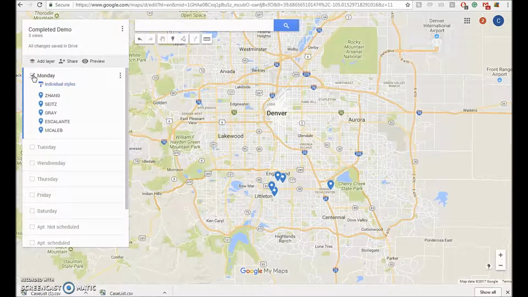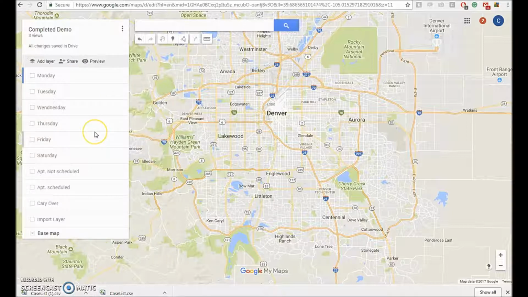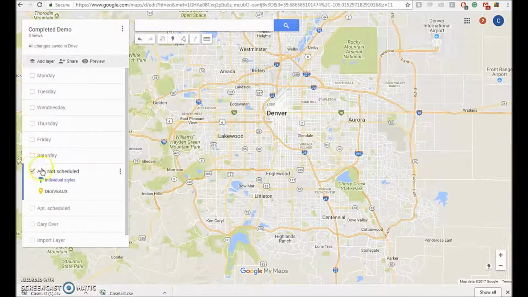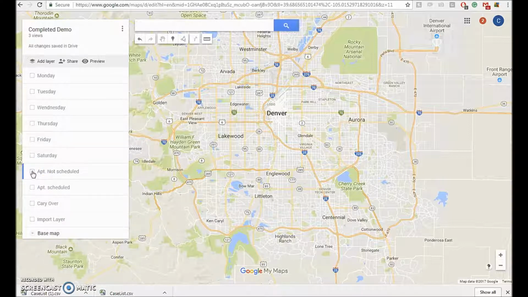You can see what's going on and use it to your advantage to plan your weeks and weeks ahead of those weeks. It really keeps you in front of the 8 ball when you're trying to get this workload scheduled. It's especially helpful when you have a huge caseload coming in on Friday. If you're dealing with 40 to 60 cases, you get all those appointment cases dropped into this not scheduled, and you know what your calls need, what needs to happen with your calls,